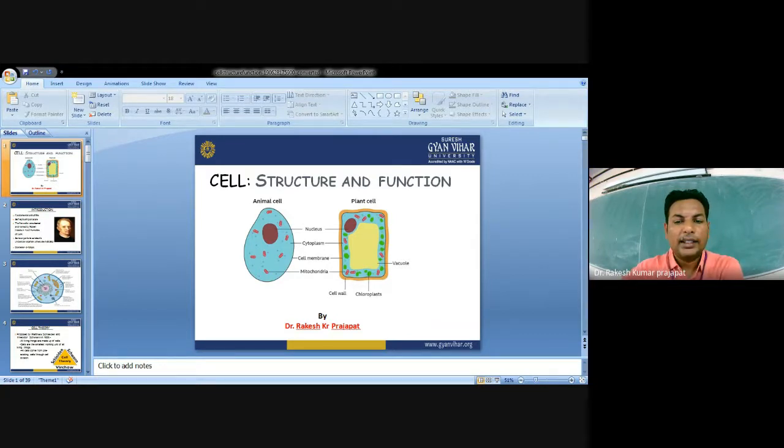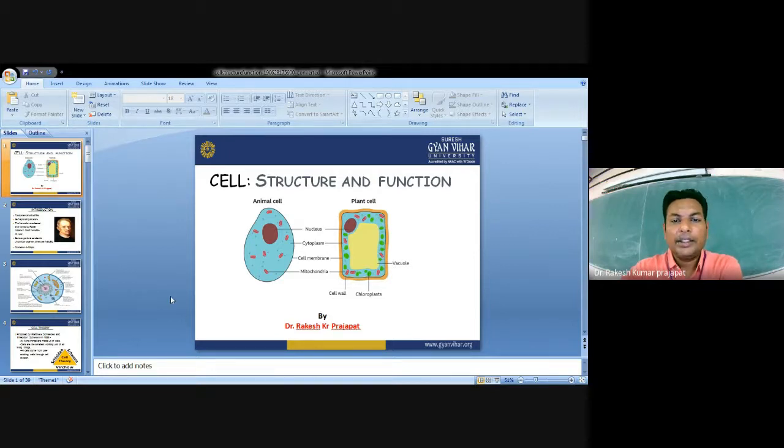What is the cell, why we need to study the cell, and how the cell gets organized along with its different cellular organelles? What is the composition of the cell cytoplasm? What are the functions of the cells? And what are the different cellular organelles present in eukaryotic cells and their functions? What are their jobs? So all these things we will discuss in detail now.